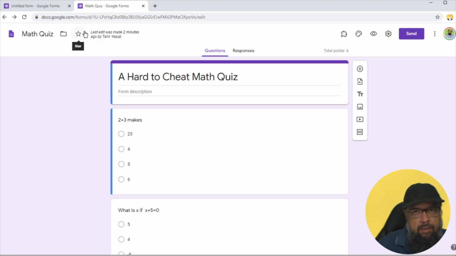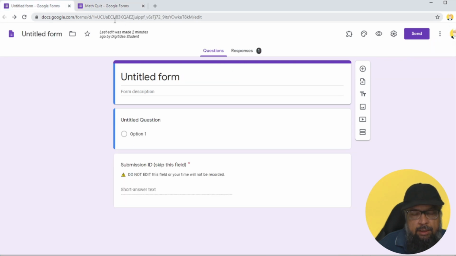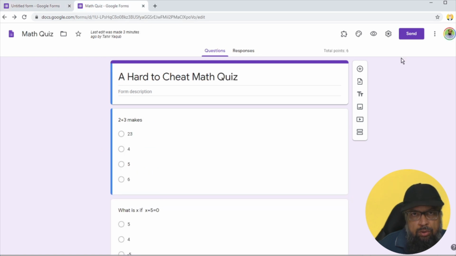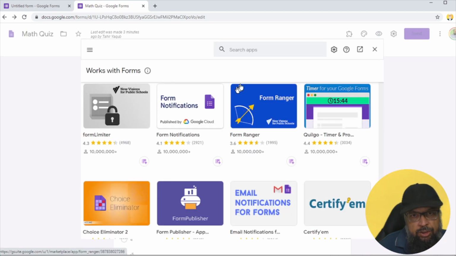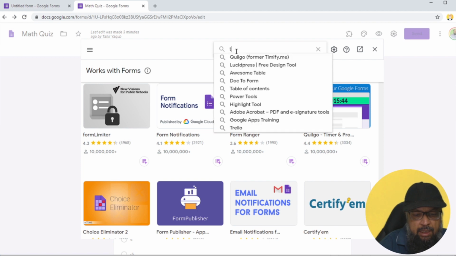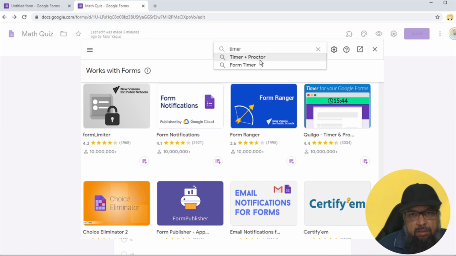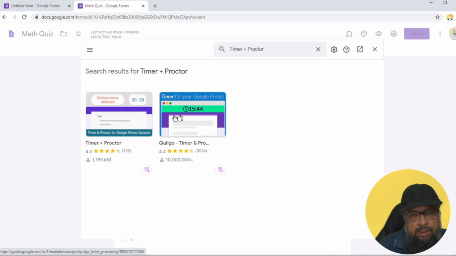And now I will be explaining how to install this Google Forms add-on. I will be using 2 of my accounts. One is with this icon and the other is with this icon. The reason is because I want to show you how you will start the installation. So in order to manage your add-ons in Google Forms, you have to click on these 3 dots and then add-ons. And then this is your add-ons page, and you start typing timer and you will see this timer plus proctor. Click on that and now you will see 2 add-ons, and these are the 2 add-ons which you can use in order to prevent cheating in Google Forms.